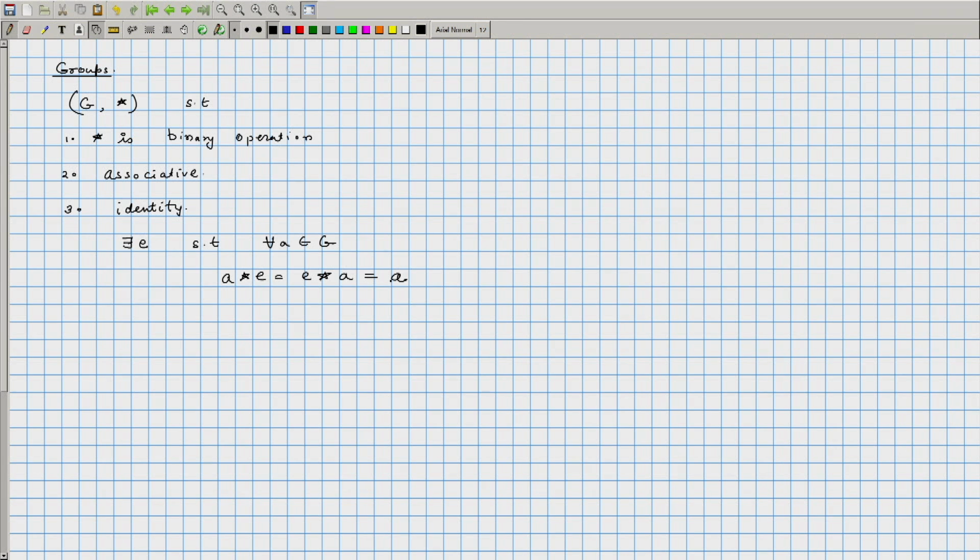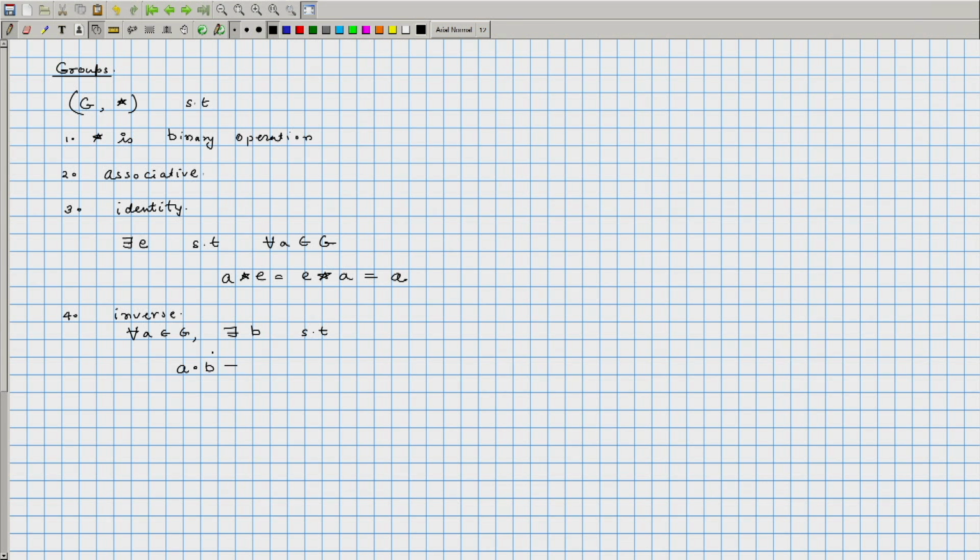So, here when we say the definition, we say that there is an element, the property of identity says that there exists a special element such that any element of the group when multiplied with that element will give rise to the same element, it does not change things. And the fourth property is that of inverse. So, formally this means for every element A belonging to G, there exists an element B such that